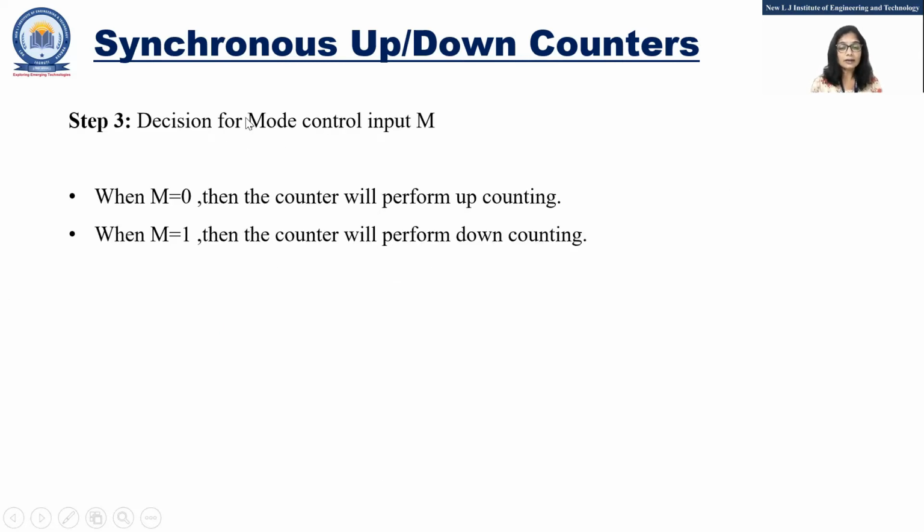Here we have added one more column, that is the control signal, that I have already told you we have to control the circuit. We are applying a control signal which will control the circuit, means at a time either the circuit will work as an up counter or a down counter. For that we will use this mode signal here in this up-down counter. So one more step is added here in this up-down counter, right? When M is 0, the counter will perform up counting. When M is 1, the counter will perform down counting.